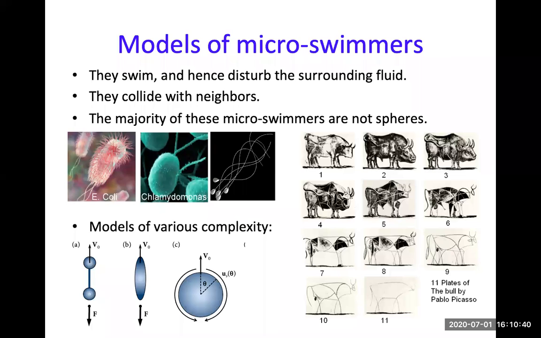So I like to put this picture of Picasso in here. Essentially, if you are Picasso and you want to draw a herd of thousands of bulls, you are not going to draw the details of every single one of them, right? Because that would take a long, long time. But you do want to include enough details, say like the horns, the legs, the tails, so that people know that's this particular animal. So that's kind of what we have to keep in mind when designing these models. We want to make them as minimal as possible while still maintaining enough correct physics.